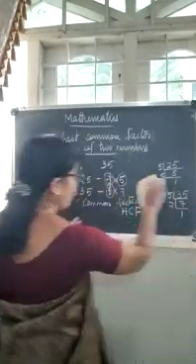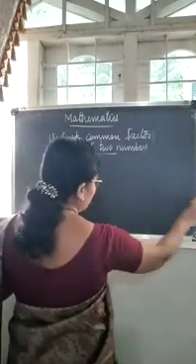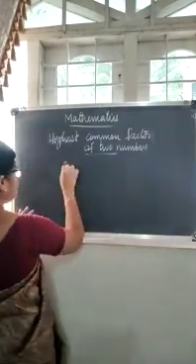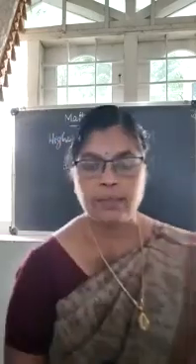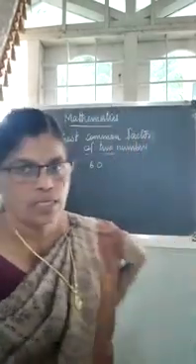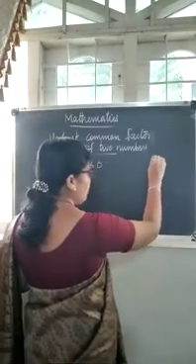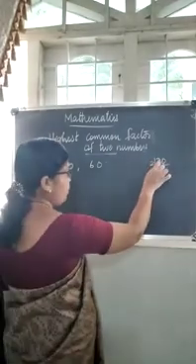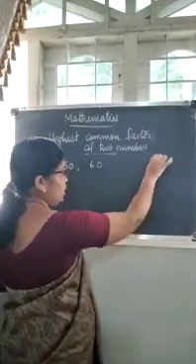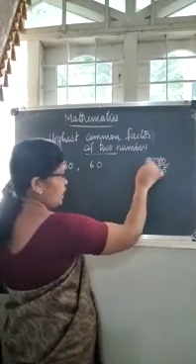Now let us take another two numbers, 30 and 60. Two numbers we have taken, 30 and 60. Let us do the prime factorization of 30 and 60. 30, we can divide by 2. 2 from 3 we can take only one 2. Then 1 is left. 2 fives are 10, 2 fifteens are 30.